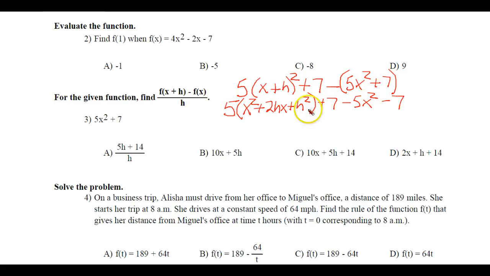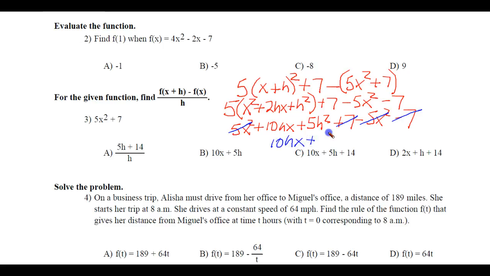Now I have to distribute this through. And now I collect like terms. Well, this and this cancel out. This and this cancels out. So now what I have left is